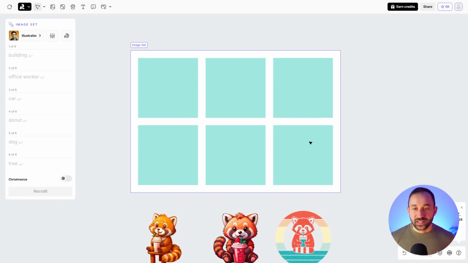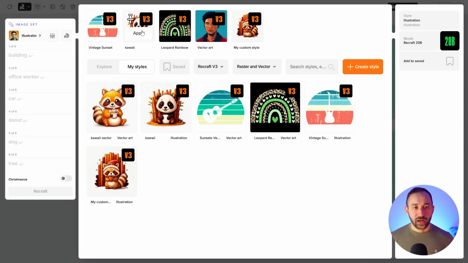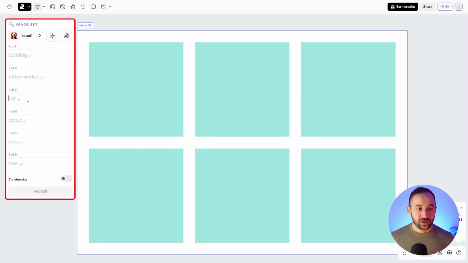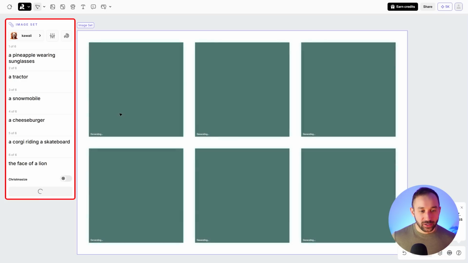And now we have 6 fields right here. It's changed the style back to illustration. So I'm going to go into here and choose our kawaii style again. And then you can enter different topics right here. So I'm just quickly going to fill this out with some different evergreen niches. And there we go. I've got a pineapple wearing sunglasses, a tractor, snowmobile, cheeseburger, corgi, and a lion. And now if I hit recraft right here, it will now start generating all of these in that same